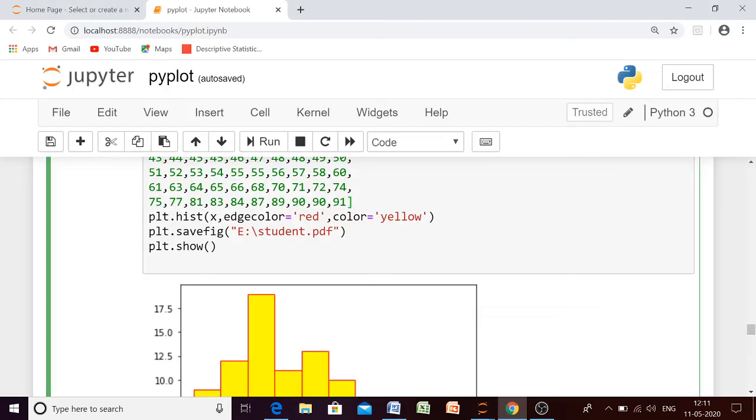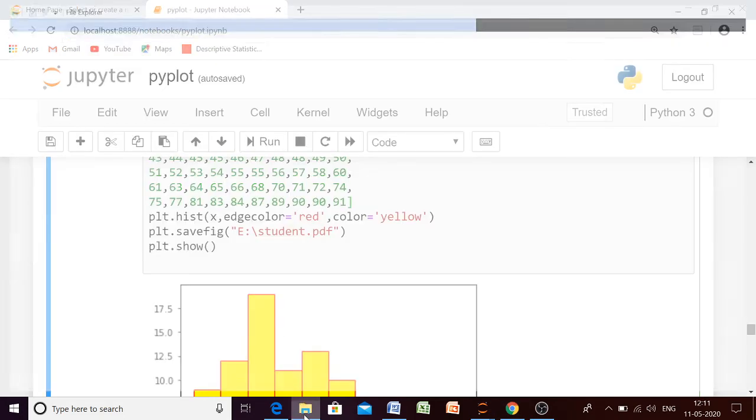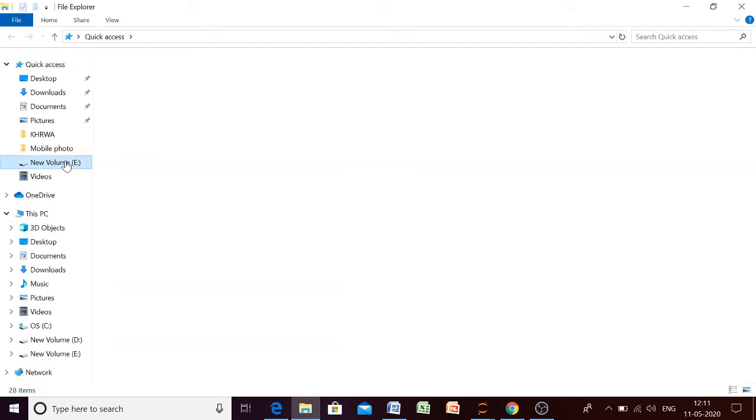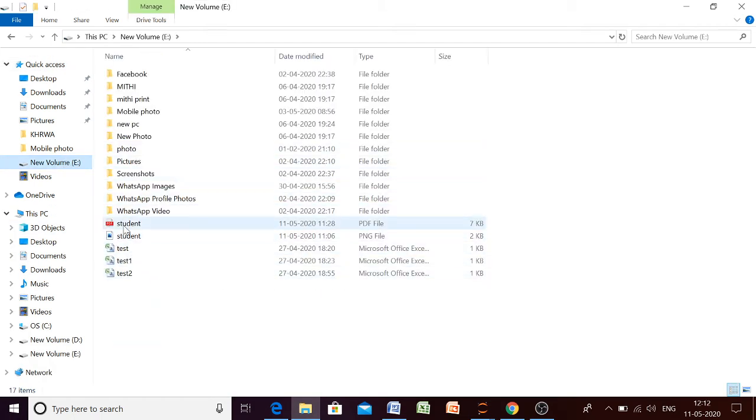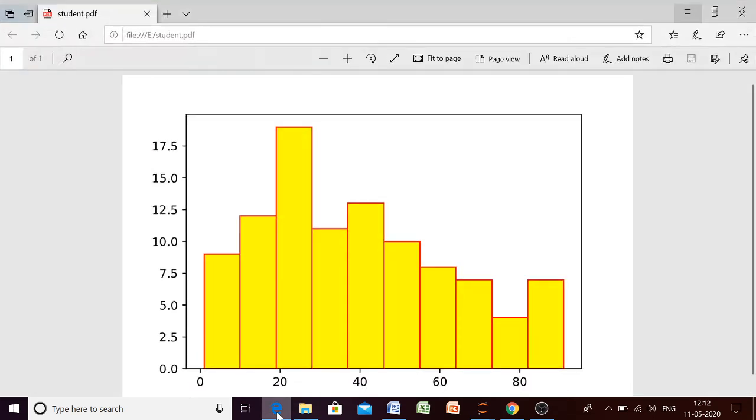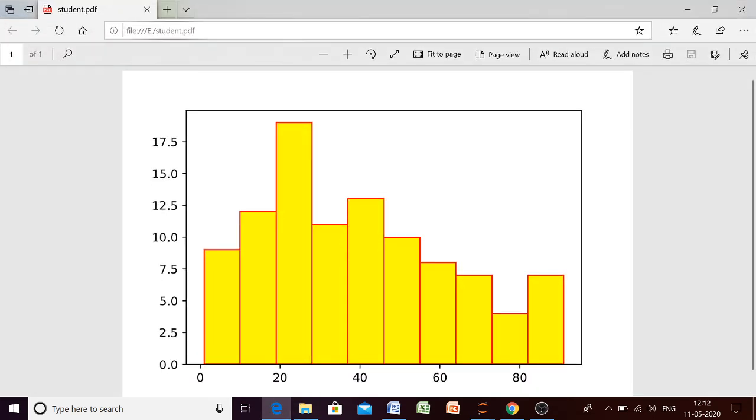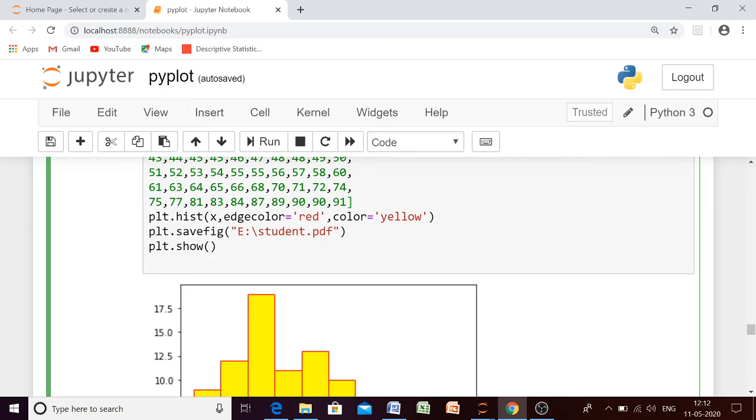Here I have given savefig, and in the E drive I have saved this picture in the form of PDF. Now let us see whether in the E drive we have this file or not. I have the student.pdf file, and see here the student.pdf file is saved. So if you want to save your plot, that can be done using the savefig function.